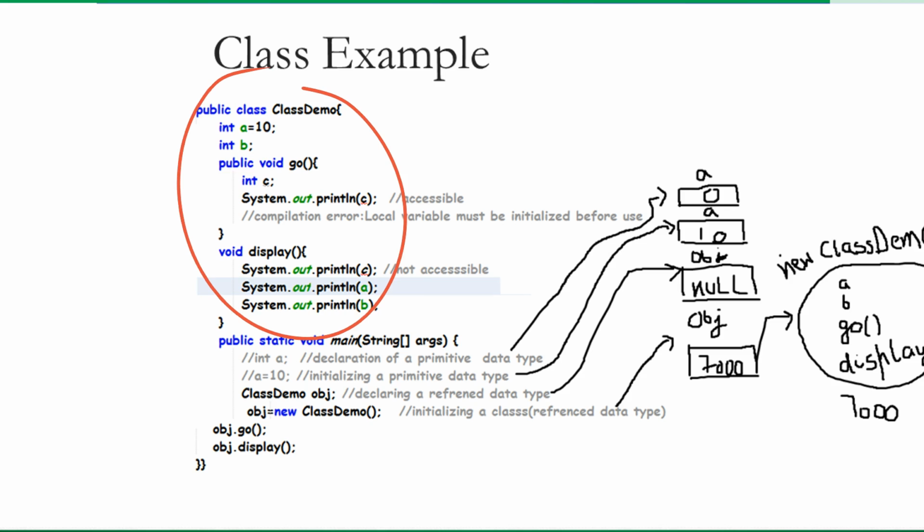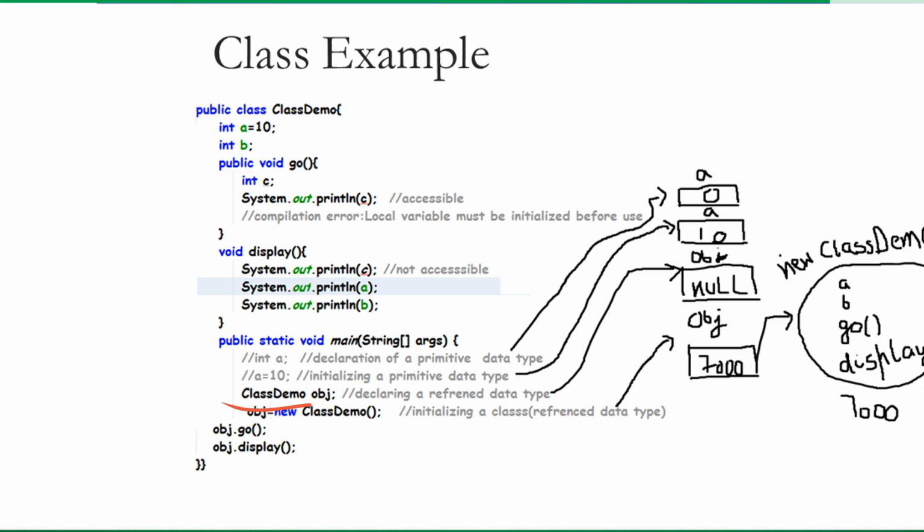To create the object of this class, we can create it inside this main function. Why? Because the execution of our program is going to start from the main function. So here, first I have declared my class Demo object. It is just a declaration, class Demo obj. It is not giving memory to my object. It is just a reference which is created in stack memory.